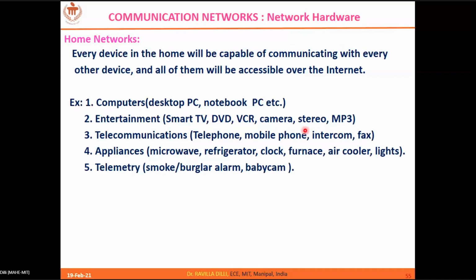Coming to home networks. In home networks, each appliance of the home can be a part of the network, like your baby cam, microwave, refrigerator, all appliances whatever you use in the home can be connected to the network, and it can be monitored or controlled remotely. That is the main idea behind these home network appliances. So I can switch on my TV, switch off my TV, and so on and so forth. This is IoT, it's a part of IoT. You might have a certain idea behind it, right?